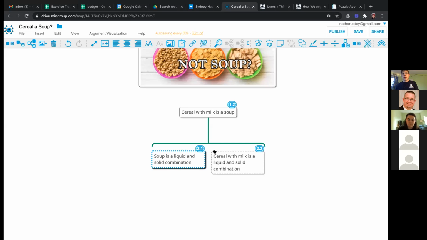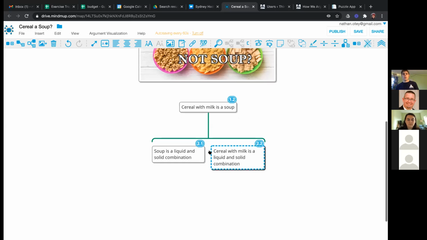And what you guys can see that I did here is I made it dotted lines with this button up here in MindMap. That's kind of nifty because it allows me to indicate that this was an unstated assumption. You may have noticed that often people are talking past each other when they disagree about something controversial. And often it's because one or both people have unstated assumptions that they're not stating out loud about which they disagree. And so argument maps allow us to expose those hidden assumptions.